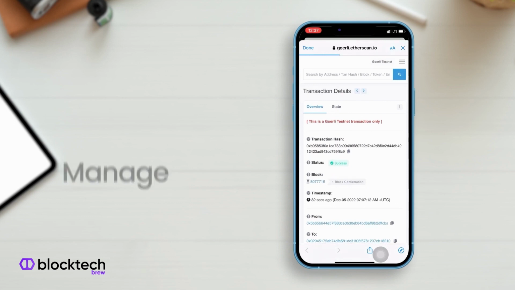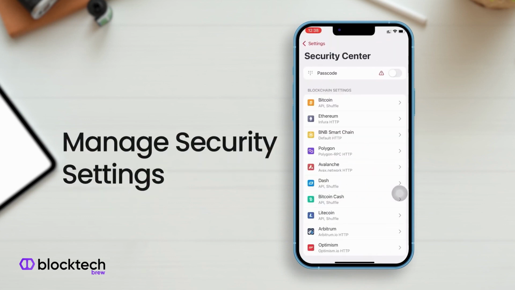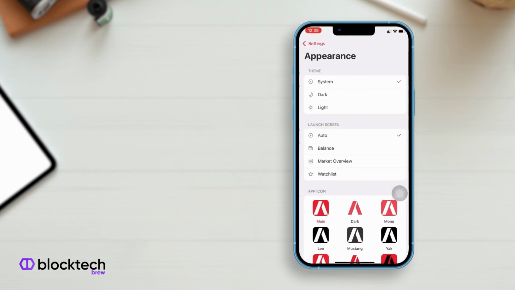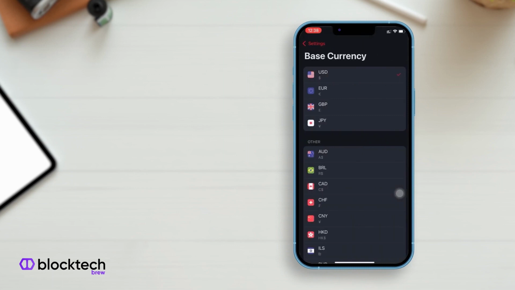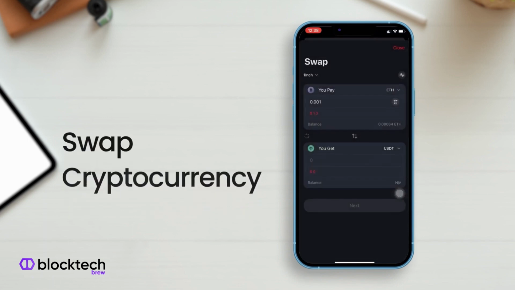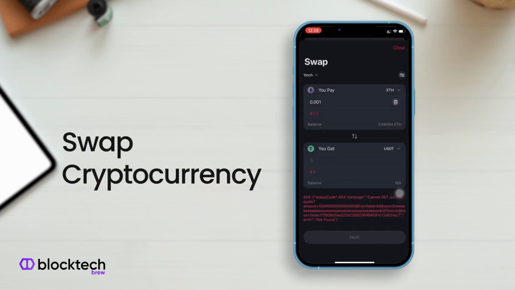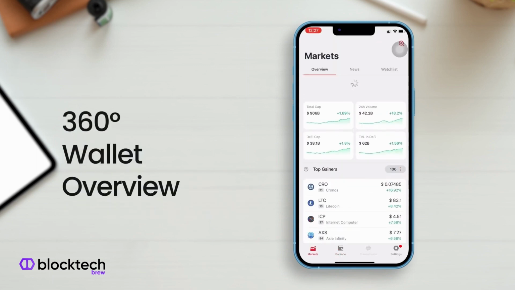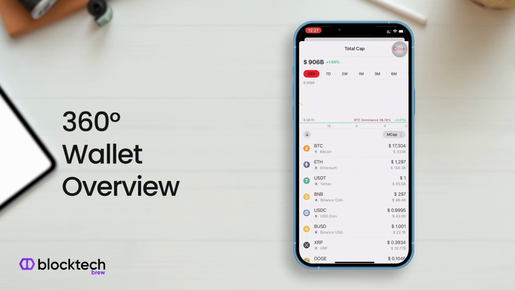Next, you can manage or update the passcode or update security settings for blockchain network, update wallet appearance, and update the default currency. Further, similar to send or receive, if you want to swap cryptocurrency, you can do that using this crypto wallet app. On the home page, you'll land onto the Overview landing screen, where you can analyze the real-time market cap,